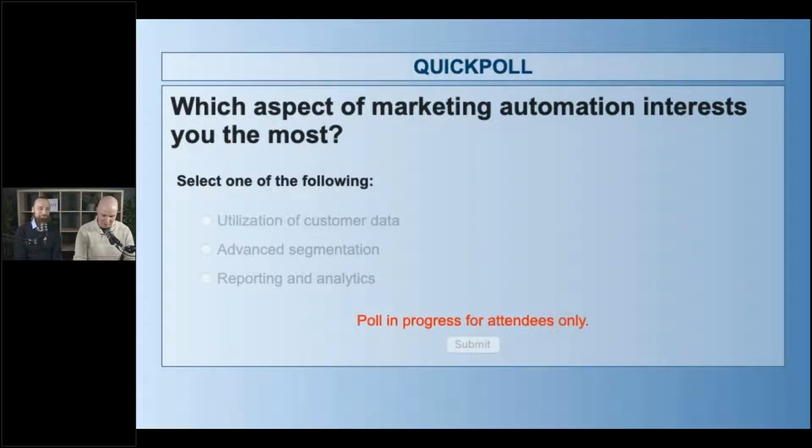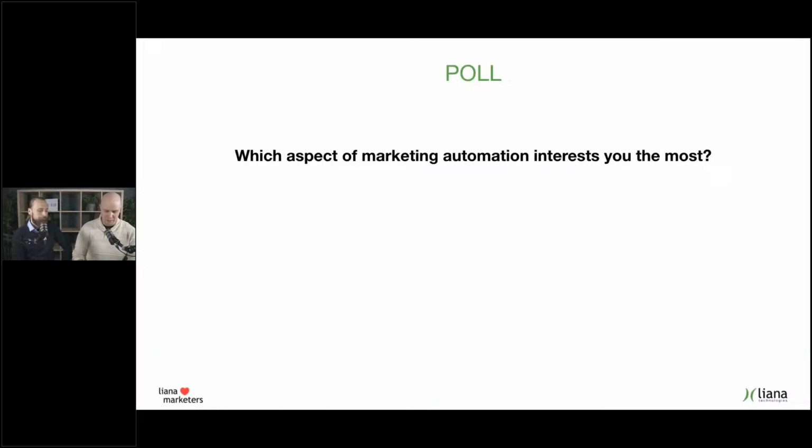Let's see where we are standing with our answers today. It seems like customer data is leading, but after all, these all are important when you do effective marketing automation actions. So let's wait just a little more time, 10 seconds, then it's a minute. Time to vote, and here we go, 3, 2, 1, and let's close the poll and see the results.